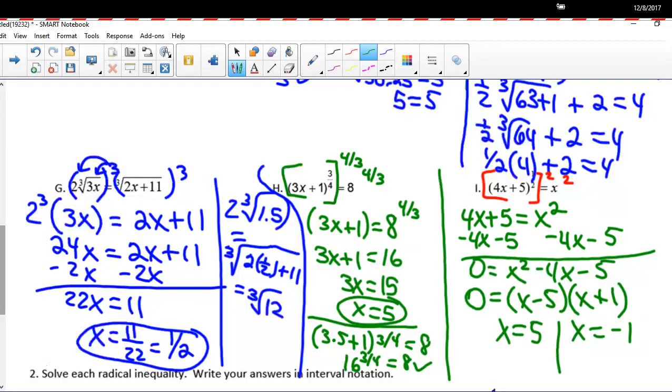We want to see if we can check that. When we check it with the 5, we're going to get 25. Square root of 25 is 5. That's good. So this is a solution. On the other side, though, when you use negative 1, you're going to have a 1. And 1 to the 1/2 is not equal to negative 1. So this solution is extraneous. You would not report it. You would only report the x equals to 5. All right, let's move